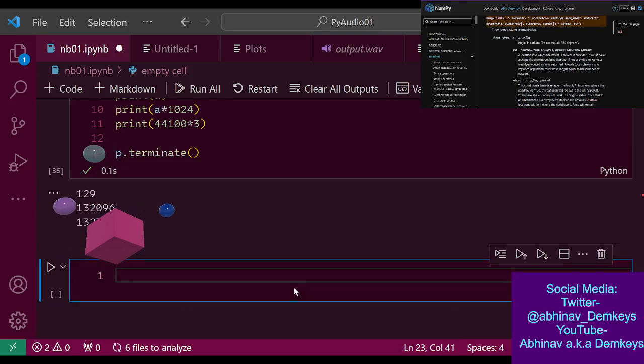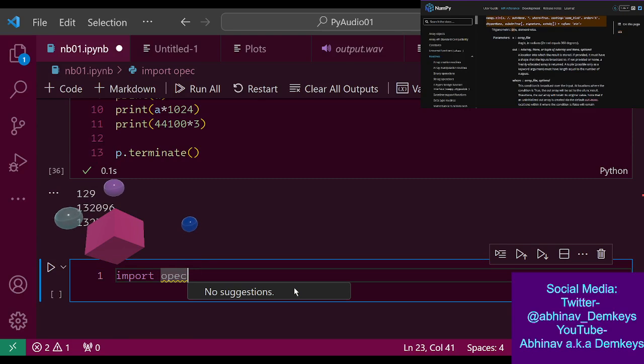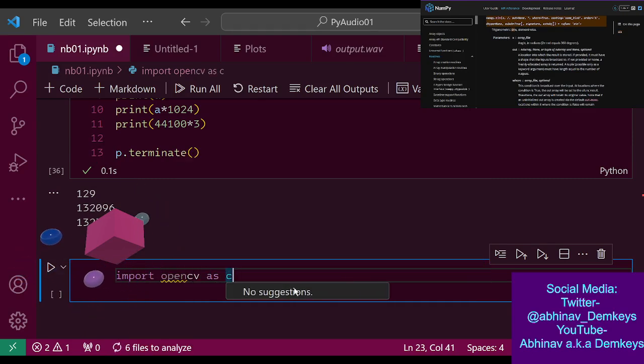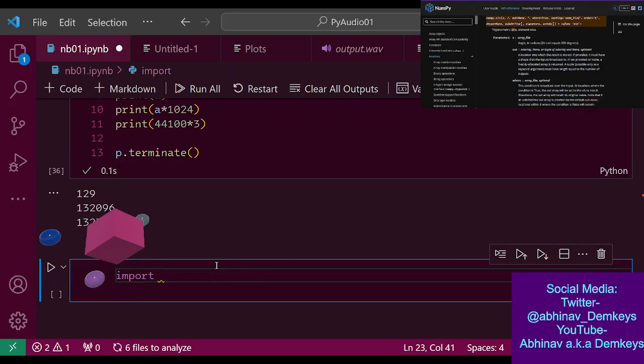Okay. So import, what is it? OpenCV, I think? Is that it? Is it CV2? Oh, thank you.